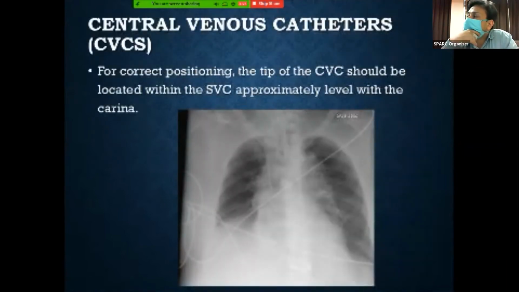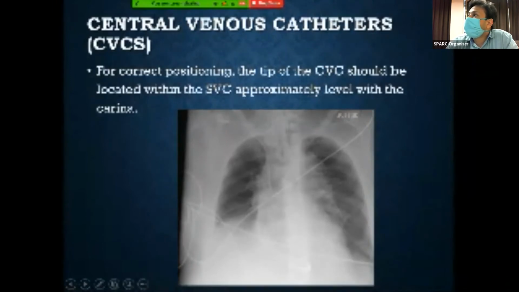Central catheters, I think you people must be knowing better where it should be. Some of the examples which I have, I'll be showing, but I don't know that much. There are so many types of central catheters nowadays being used. But this is a central line. So normally it should be kept at the junction of SVC with the right atrium. So it should be in the SVC at the level of the carina. It should not be too much into the heart, neither should it be too high up. So it should be almost at the margin of the SVC with the right atrium, approximately at the level of the carina.